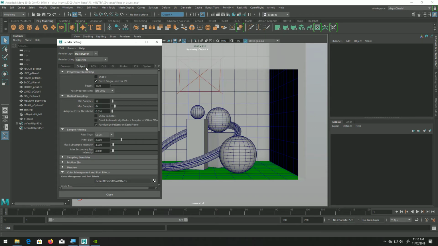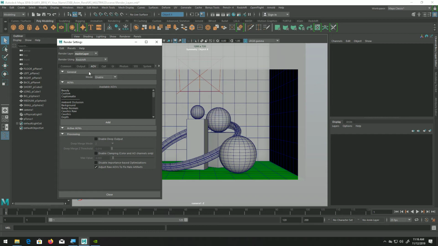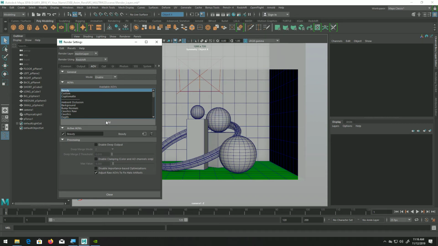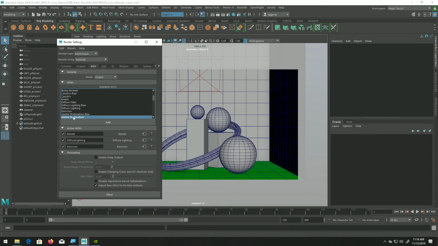The output settings are slightly above the default settings. We have GI turned on, slightly more bounces, like 7 bounces. And now for the AOVs, we're going to add a beauty pass. We're going to add all the passes or AOVs that we need to reconstruct our beauty pass. So it means we're going to add diffuse lighting, global emission, global illumination,